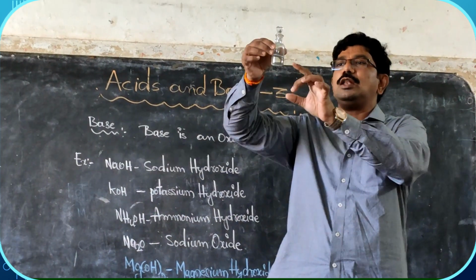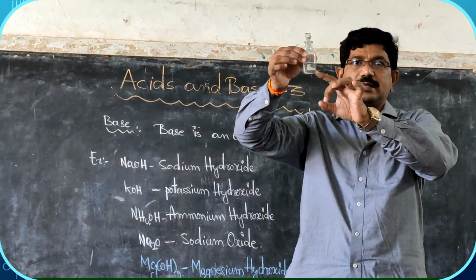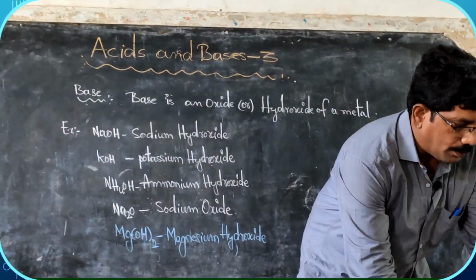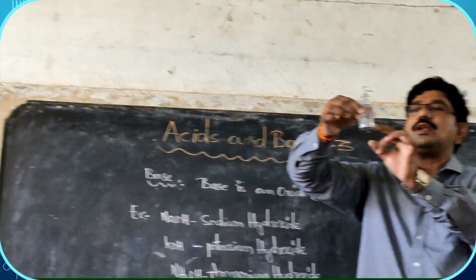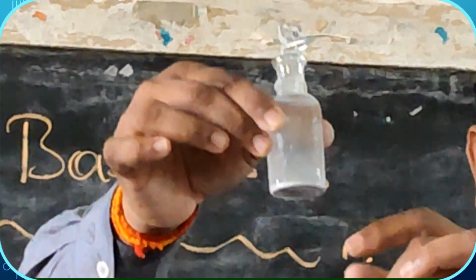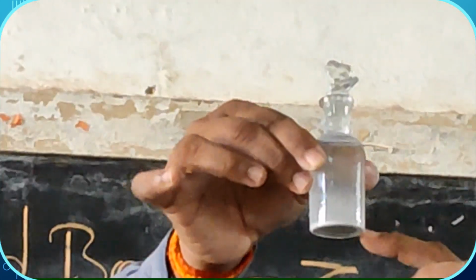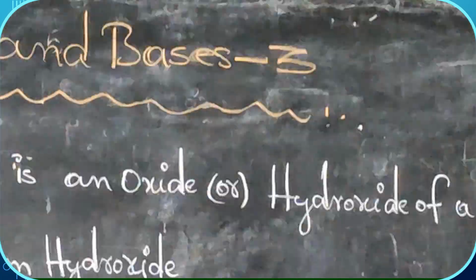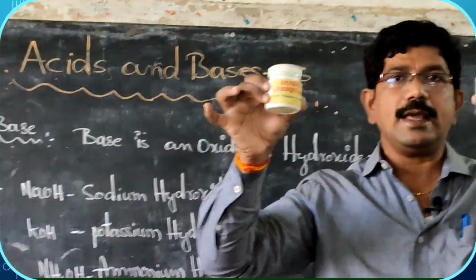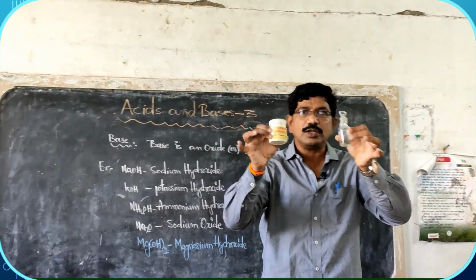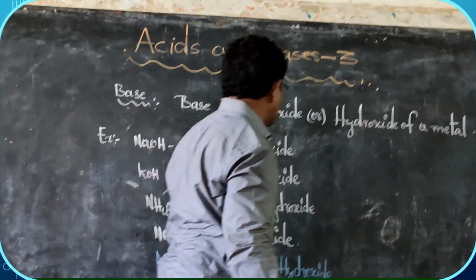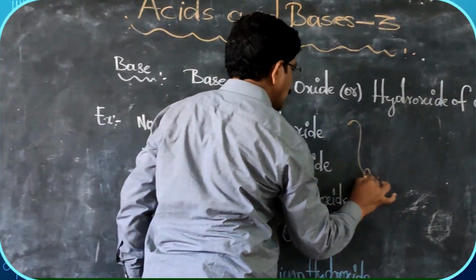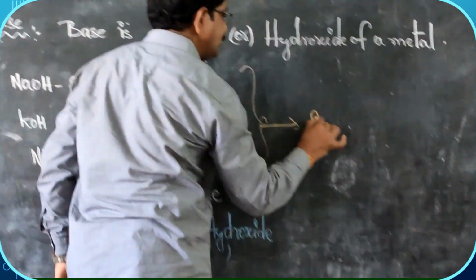This ammonium hydroxide, the base, is completely soluble in water, but whereas here this is not completely soluble in water. It is incomplete. It is not completely soluble. Okay, you can find white color here somewhere. Are you clear about that one? So these bases, potassium hydroxide and ammonium hydroxide, are completely soluble in water. Those bases are known as, what do we call them? Alkali. These are known as alkalis.